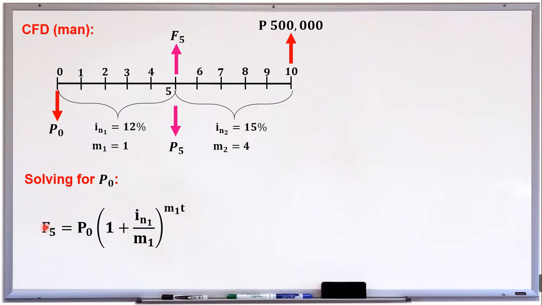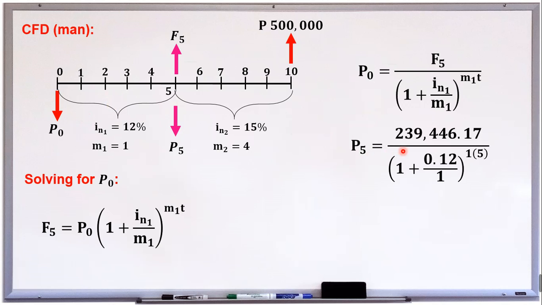So this is the general equation for compound interest. Modifying this one to solve for P sub 0, or P0. Now the T here is the number of years between year 0 and year 5. So this is for the annual compounding scheme. So substituting the values, we have a present worth in year 0 equal to